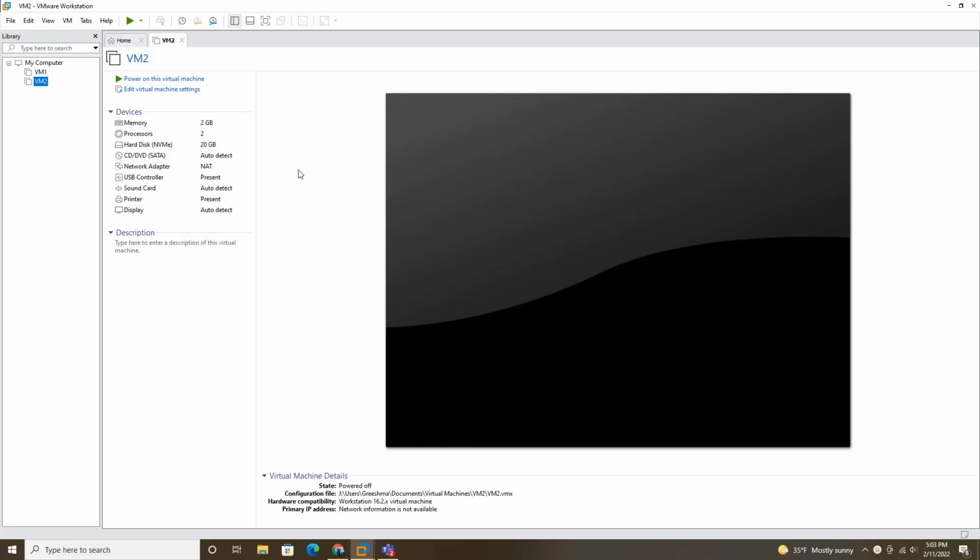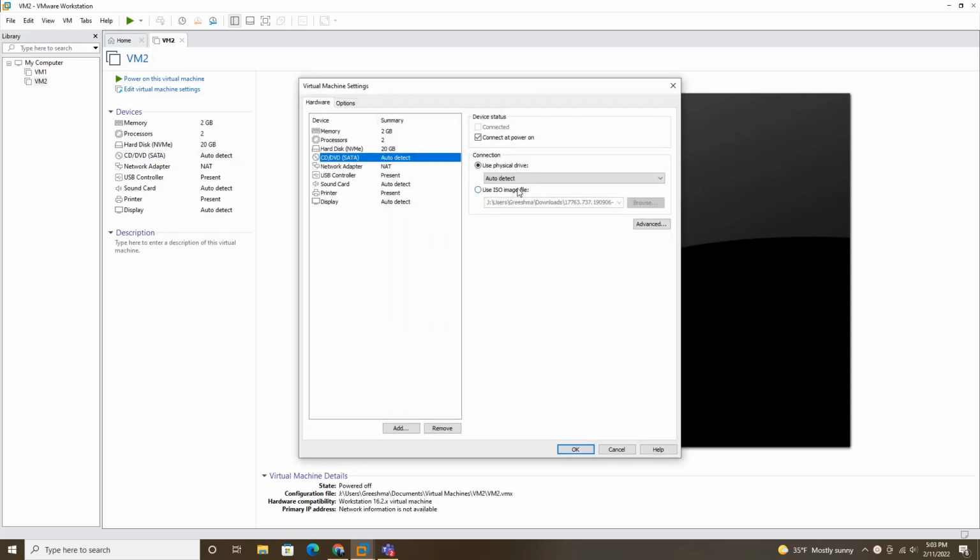Hi everyone. So in the previous video we actually created a virtual machine and I named it VM2. So now I am going to set it up with the help of an operating system. So first we need to select the VM, which I already did, and I'm going to this CD/DVD and select it by double clicking,